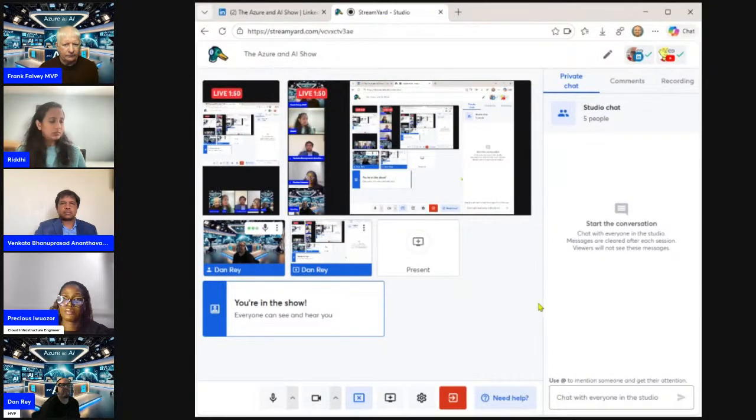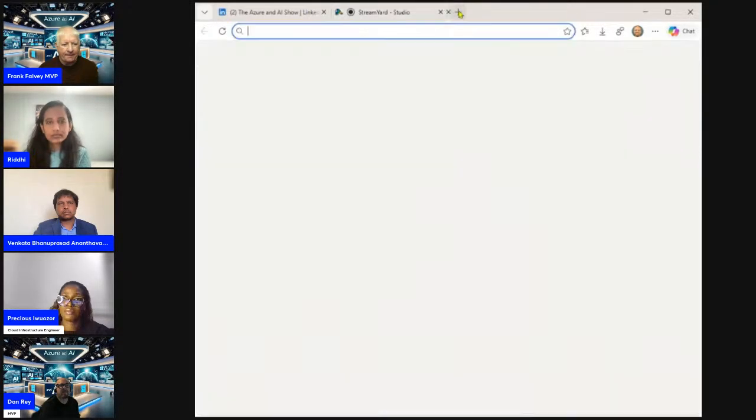And then if I come to the StreamYard tab, because I'm sharing the StreamYard tab, you can actually see the StreamYard interface. And because the little, I guess it's a computer monitor icon shows up,